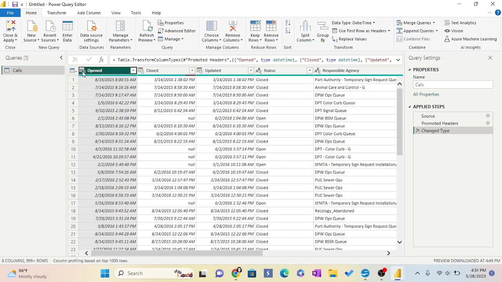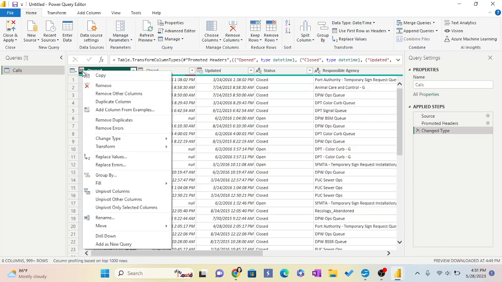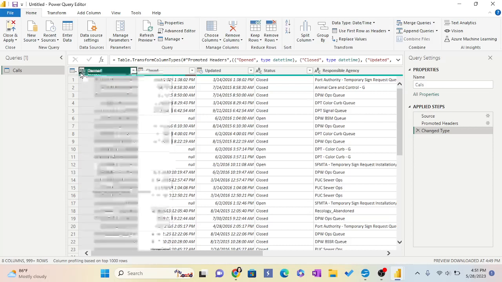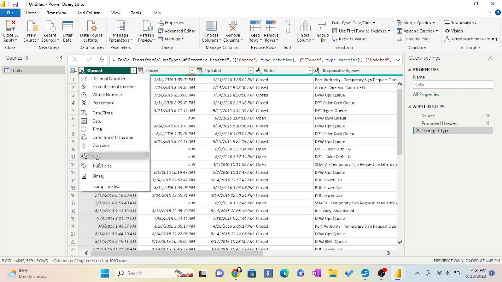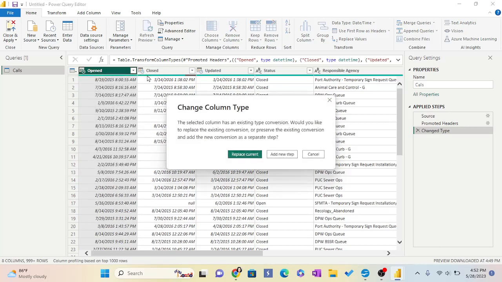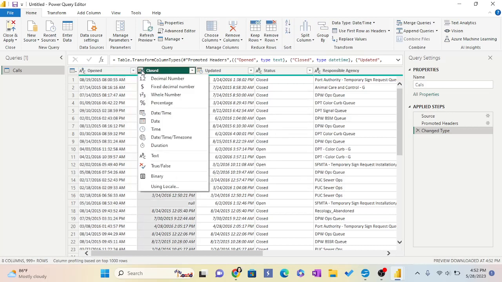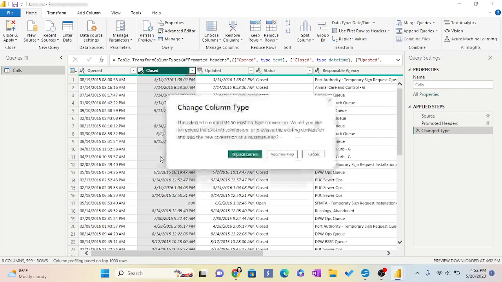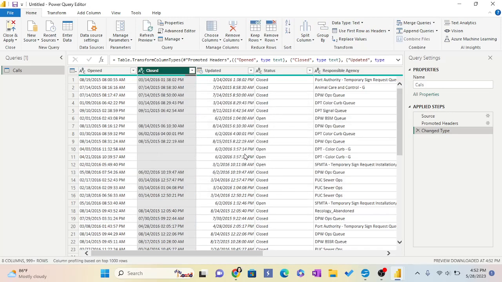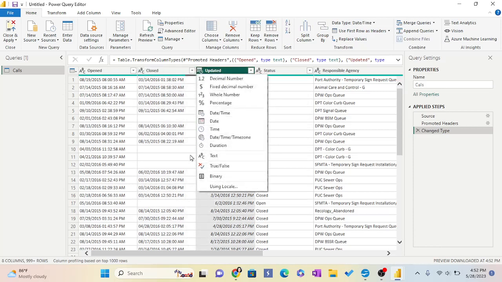So let me first transform this to text because I have something to do. Replace current. Okay, I'm going to convert all this temporarily to text. So this is how you change your data type,